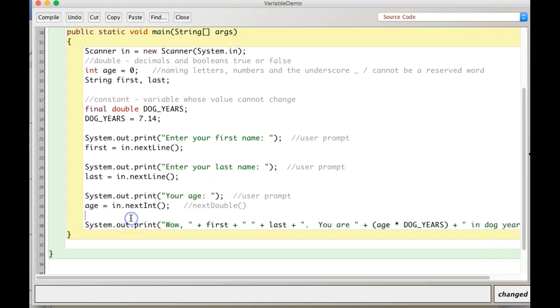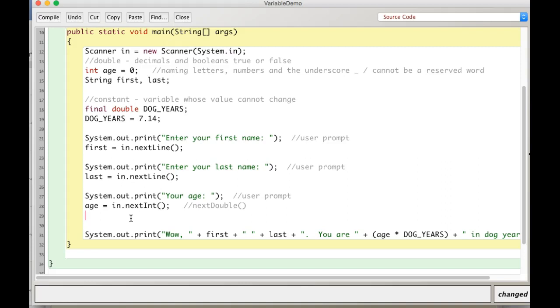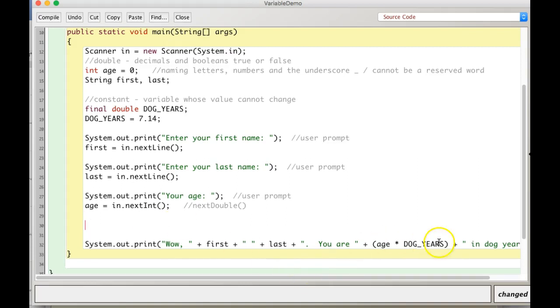Now, one thing I want you to be aware of, when you're doing calculations, please avoid doing calculations in output. This is a simple one, but avoid it, because one, you can never use it again. So once I have my age in dog years, I couldn't use it again. I would have to do the calculation, and that just takes up more computer memory. So you can declare a variable. So I'm going to declare one of type double and call it